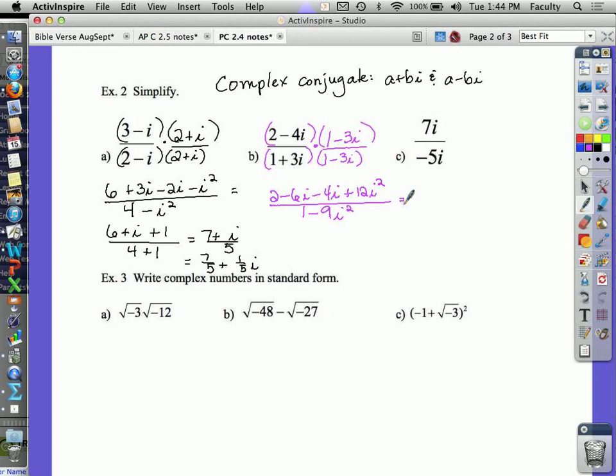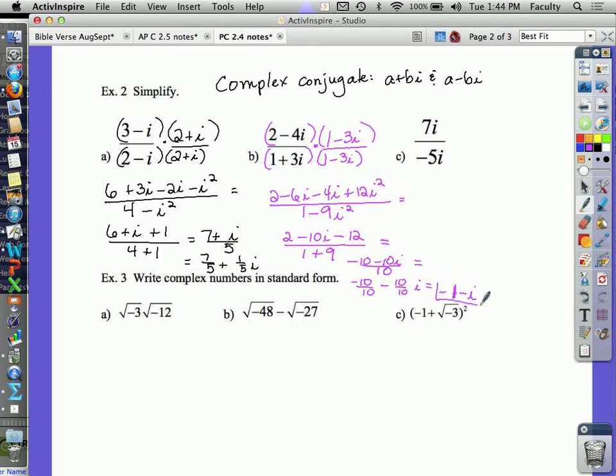All right, I'm going to start this one. In the numerator, I get 2 minus 6i minus 4i. Notice it's a plus 12i squared over 1 minus 9i squared. So that's 2 minus 10i, then that becomes minus 12 over 1 plus 9. That's negative 10 minus 10i over 10. That's not in standard form. So I'm going to break it apart. So that's negative 1